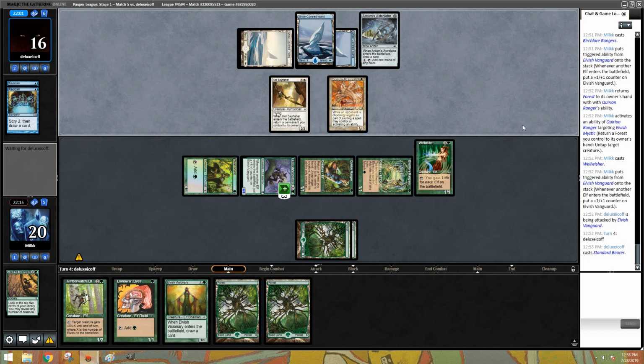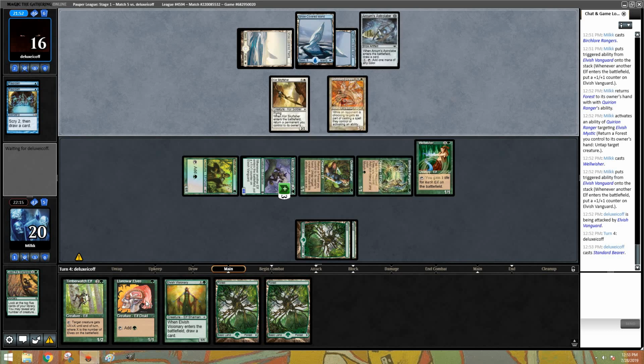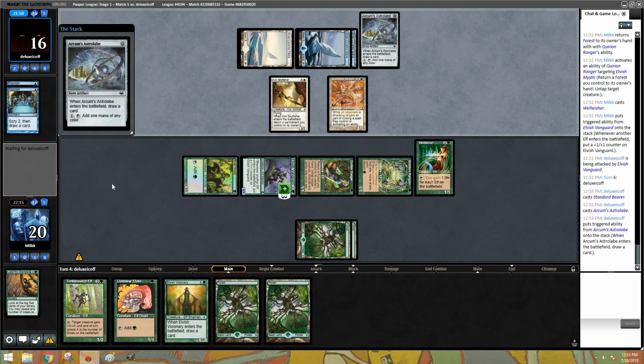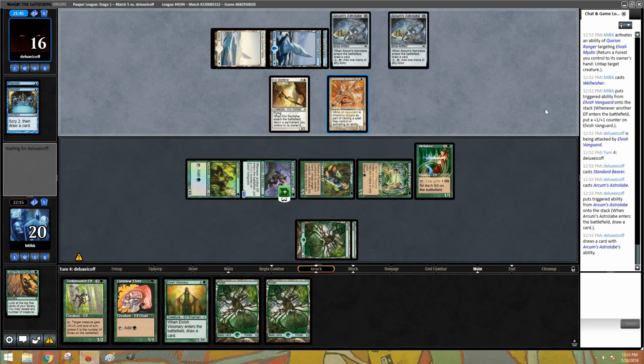Okay, Standard Bearer. We can't use Timberwatch with this in play. It's interesting that multiple people have brought in this tech against us. I don't think it's that great. Yeah, okay, it shuts off Timberwatch, but our deck does a lot of other stuff. I guess they have to do it, otherwise they're going to die. But